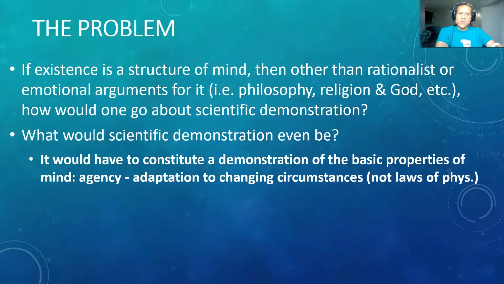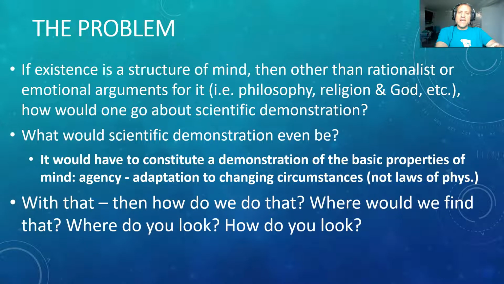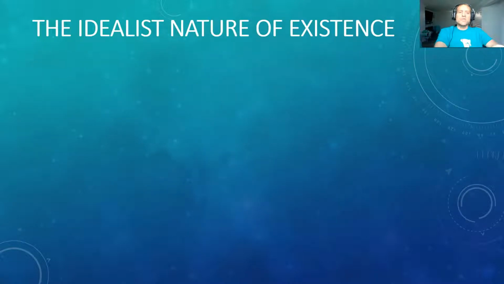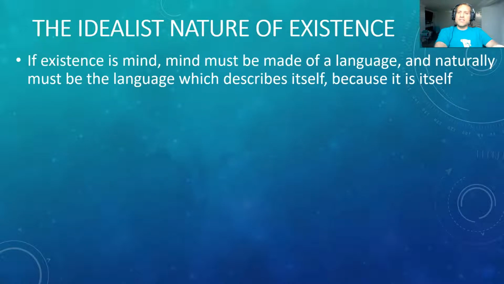Okay, so where would you look for that exactly? Because in the laws of physics as we know them, you don't see that. So how do we do that? Where would we find that? Where do you look? Right. So the idealist nature of existence, if existence is mind, all right, so here we're going to sort of bullet pointize